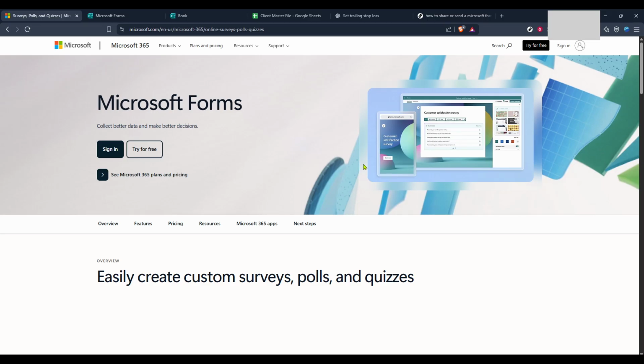It's a versatile platform where you can access a variety of Microsoft Office tools, including Microsoft Forms, without needing any downloads. So, open up your preferred browser and navigate to the free Microsoft 365 online site. Once you're there, look for the Sign In button. It's usually located at the top right corner of the page. Click on it to proceed.